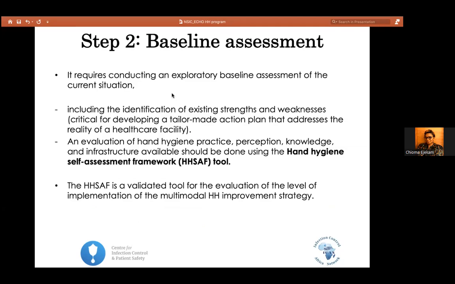There are IPCAF tools, but in this context, we have the HSAF tool. HSAF is the Hand Hygiene Self-Assessment Framework. You apply that to your setting, and you may see that you are yet to start, and you will score zeros. That is what you use to have a start line. That's your start line. If you make progress, you can go back and see and prove that progress.